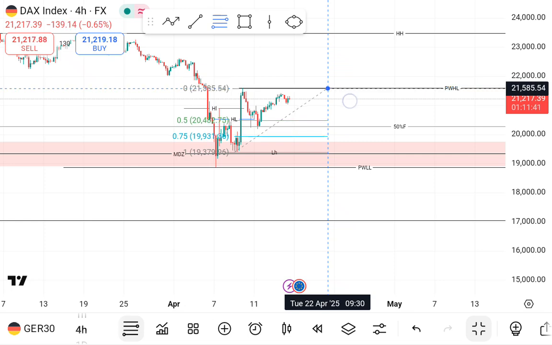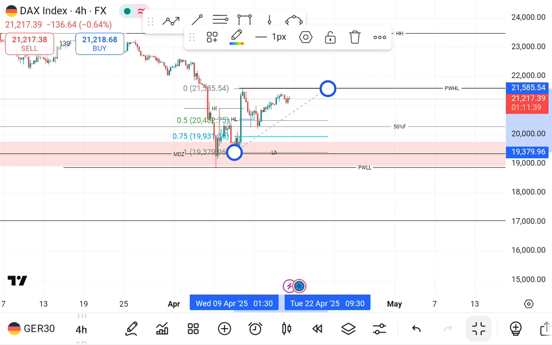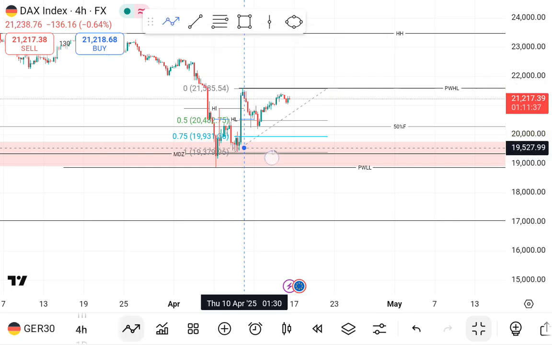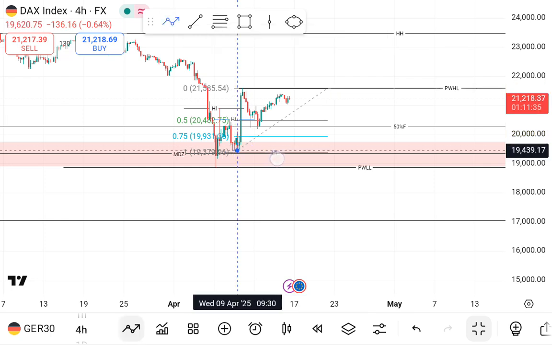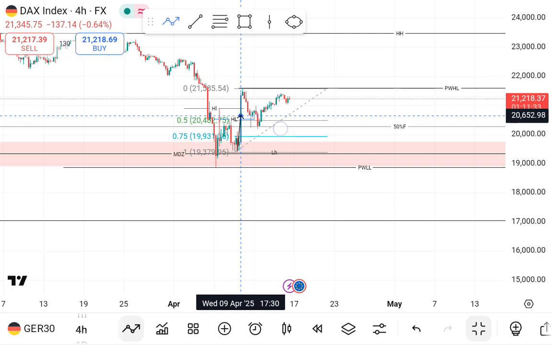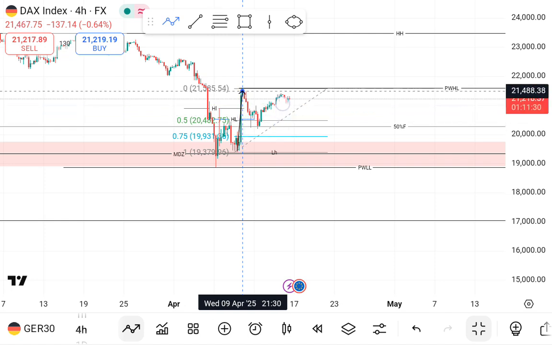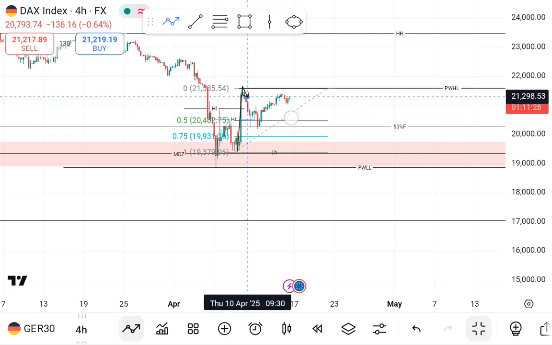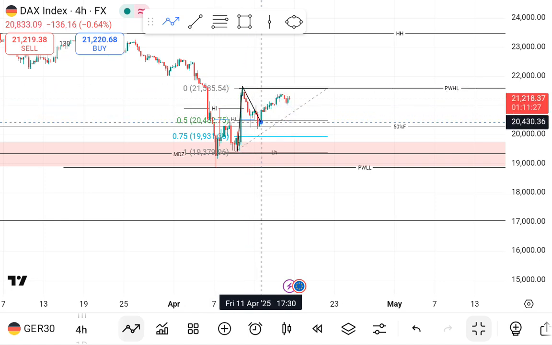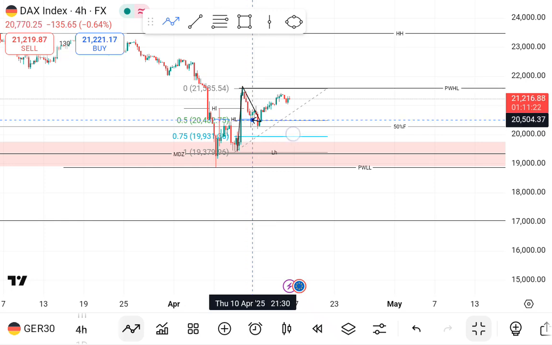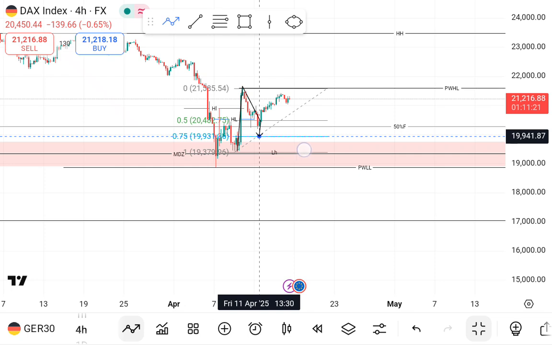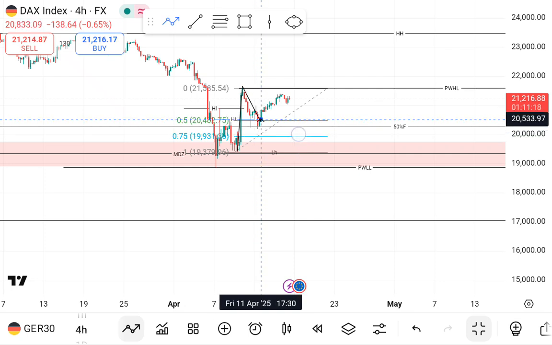Why we took those entries, right? So we can see that this market shot up from here, broke this higher low, broke this higher low, went all the way up to create a higher high, and pulled back. So we mark this pullback as our what? We mark our 50% and our 75%, and we can see that price reacted to our